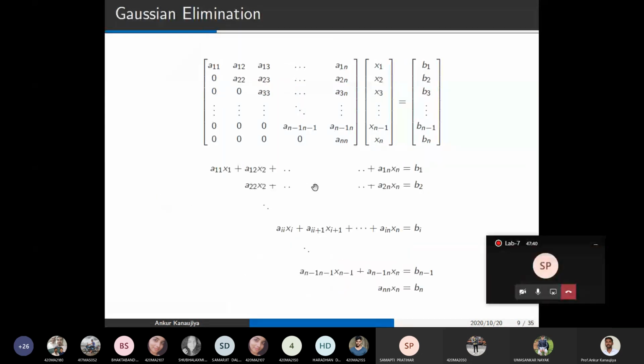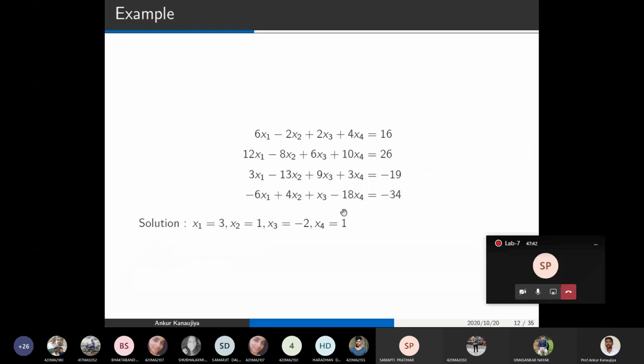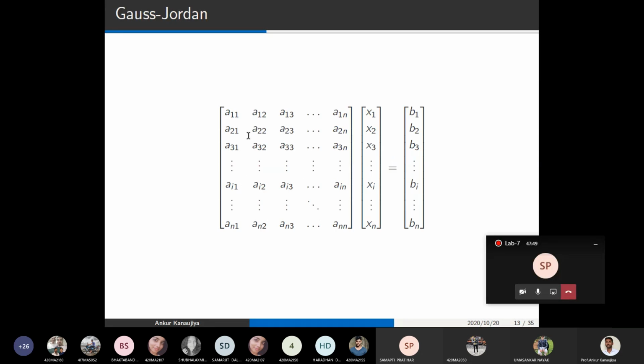So now we'll move to the Gauss-Jordan. This problem anyway I will show you how to solve in Python. The solution is also given to you. Gauss-Jordan's target is that apart from the diagonal, all remaining entries must be 0. That is the difference between the previous method and this one. And the diagonal entry also we have to make 1. First we will keep the diagonal entry as it is, later we'll make it 1.